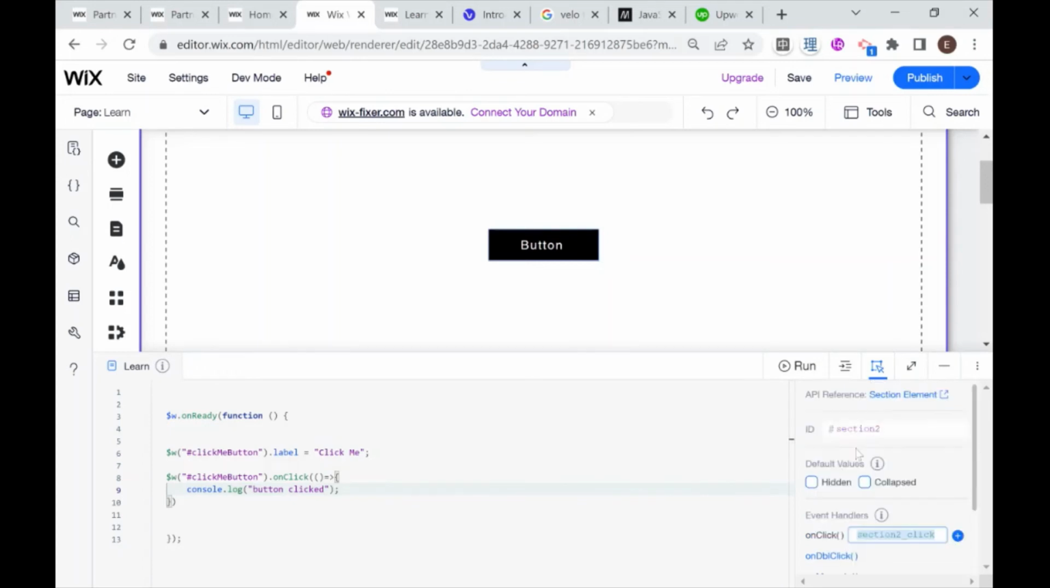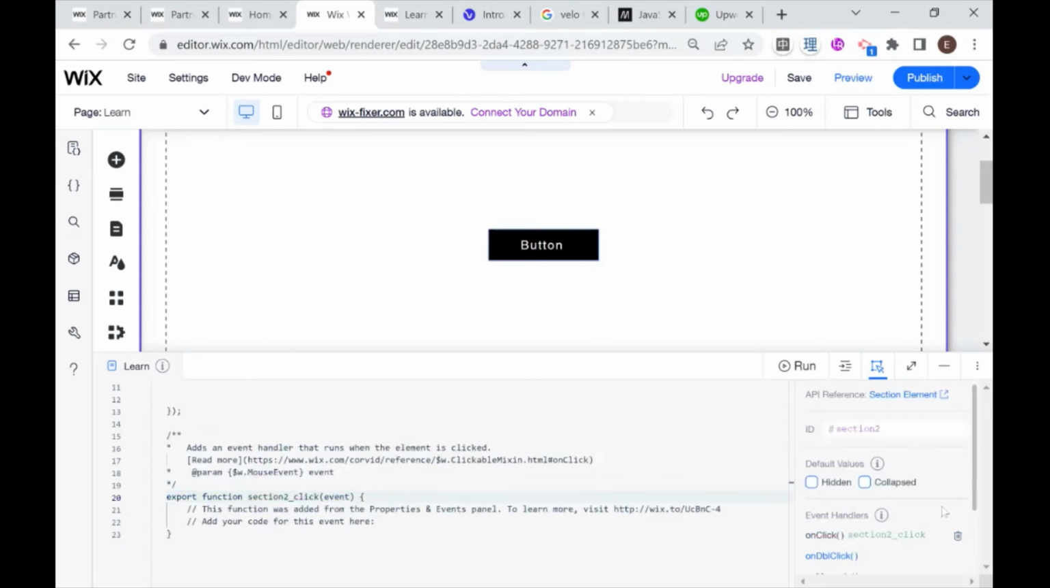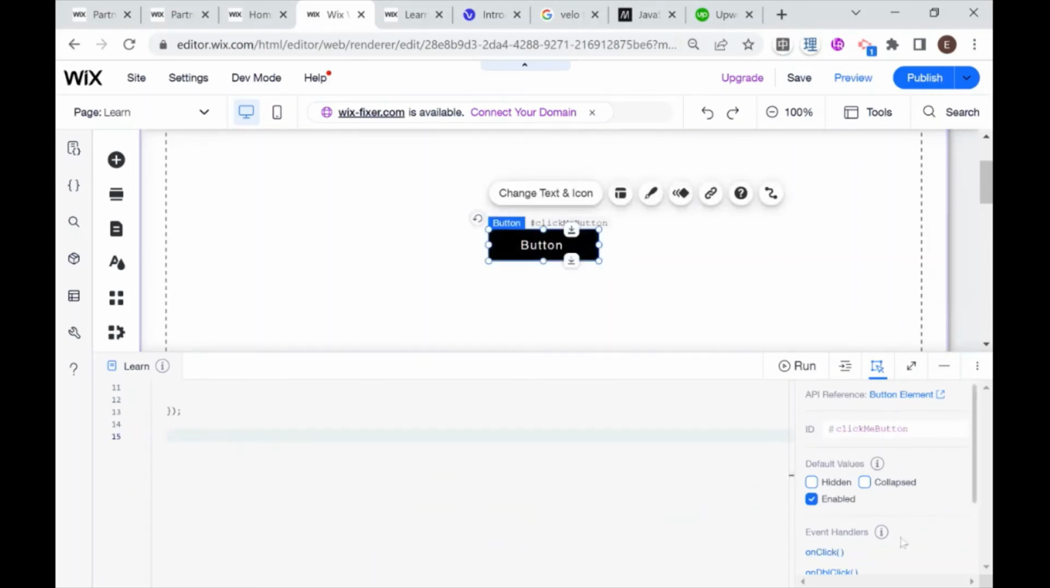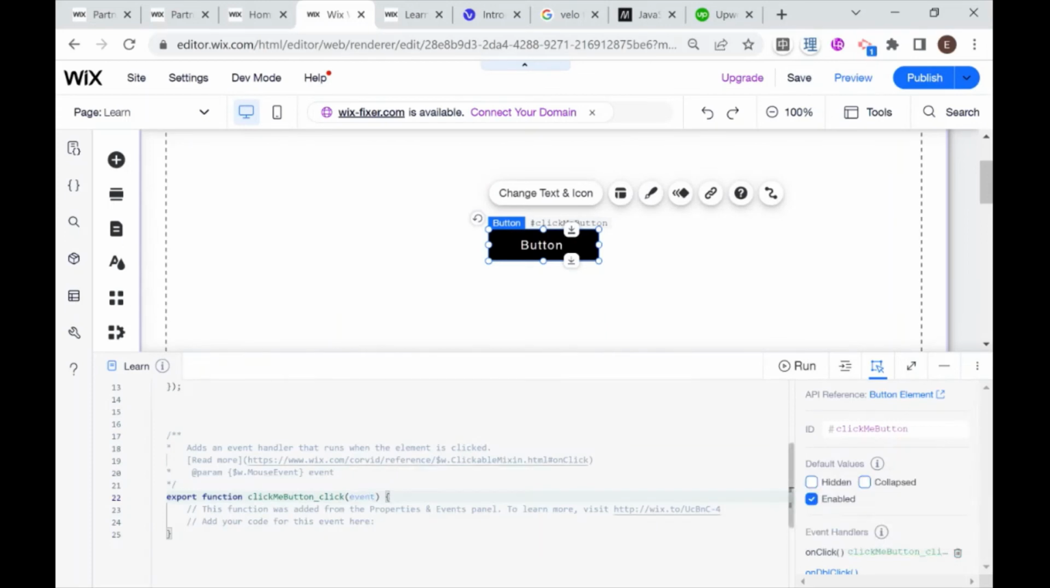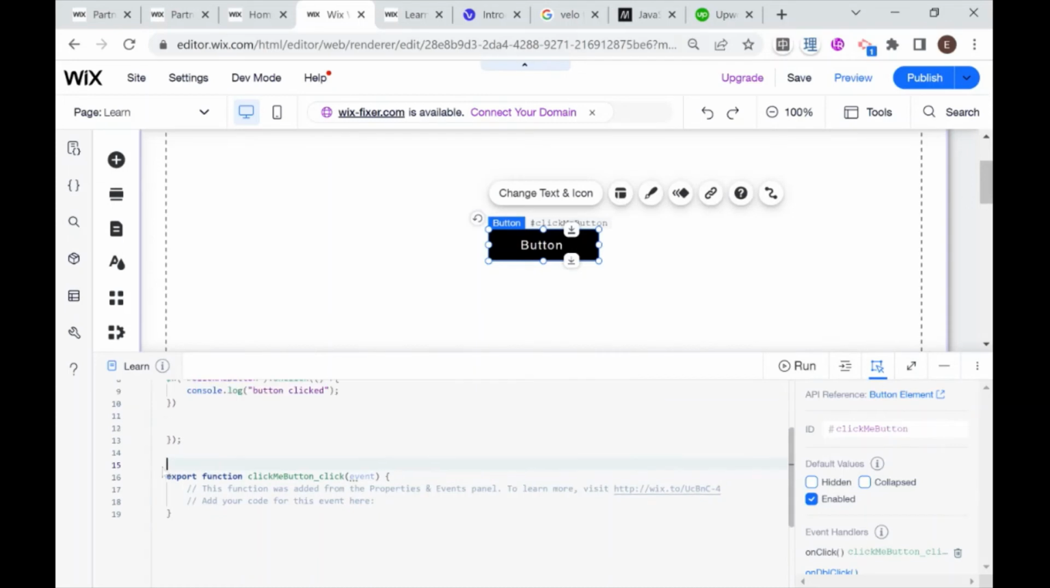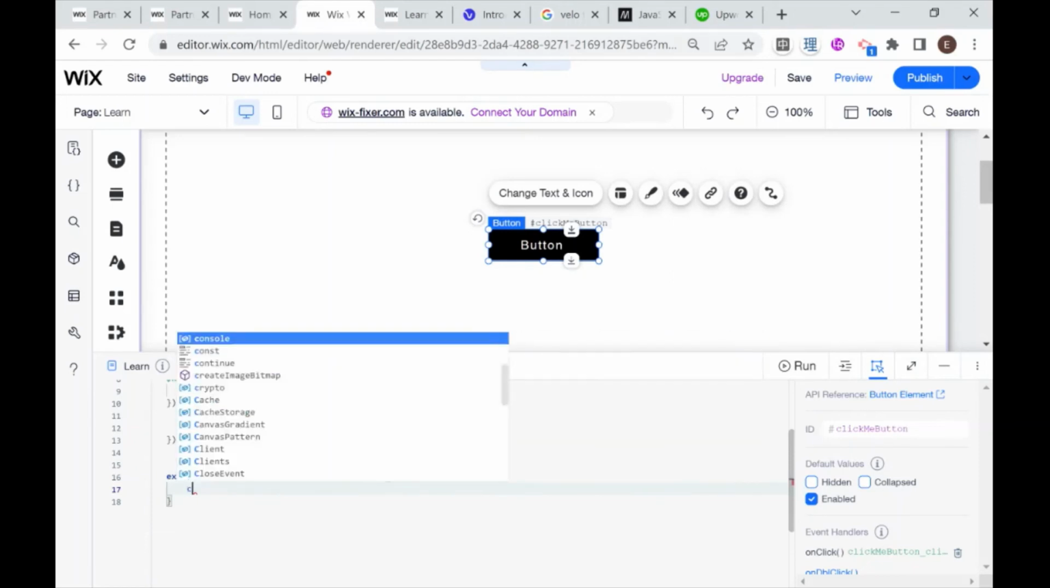And okay, so I accidentally had section 2 selected, so I'm going to get rid of that. But I am going to click my button, and then click onClick, and then click this plus sign here to add the event. And you'll see that this gets added as an exported function here on the bottom. And basically, we could also just write whatever we want to happen when the button is clicked here inside this exported function. And that would be console.log